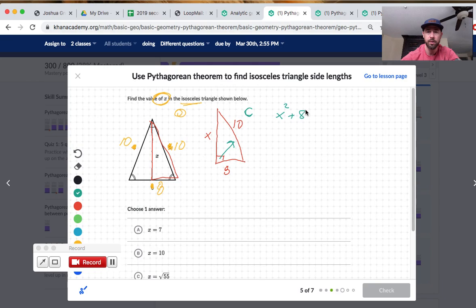What is that, 8 squared? Equals 10 squared. Well, x squared plus 64, brain farted there for a second, equals 100. Subtract this guy to the other side, and we have x squared equals 36. Take the square root of both sides. That cancels, and x equals